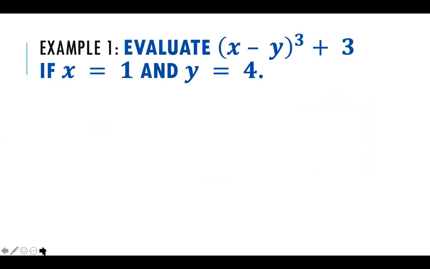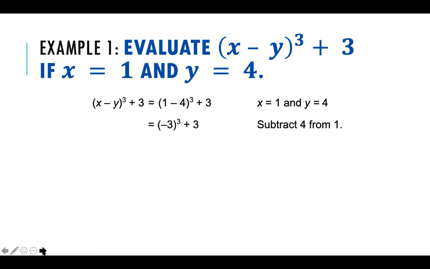Right, so now we have an example: evaluate x minus y cubed plus 3 if x equals 1 and y equals 4. So we're going to go ahead and substitute in 1 for x and 4 for y, and we're going to follow our order of operations. So we're going to take care of what's inside that parentheses, 1 minus 4, to get negative